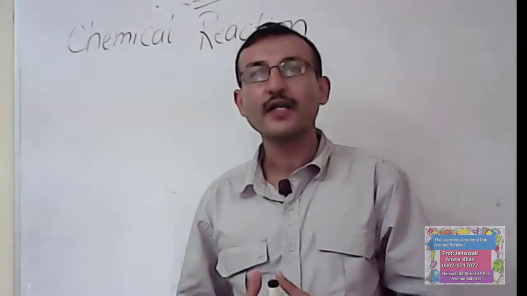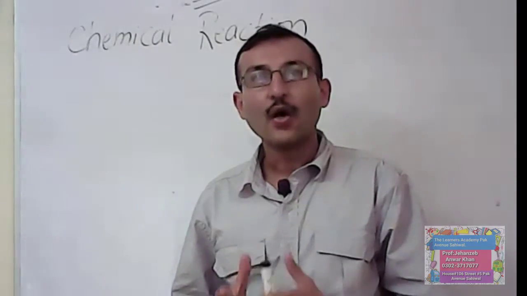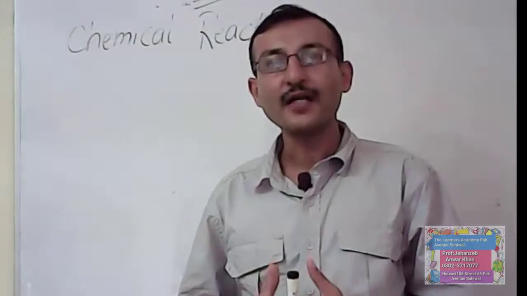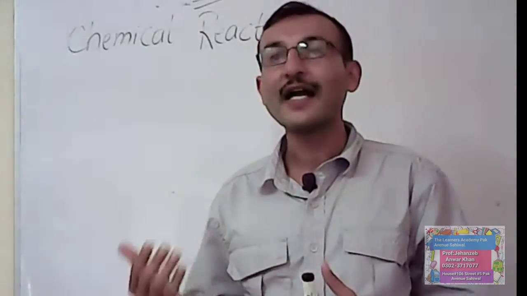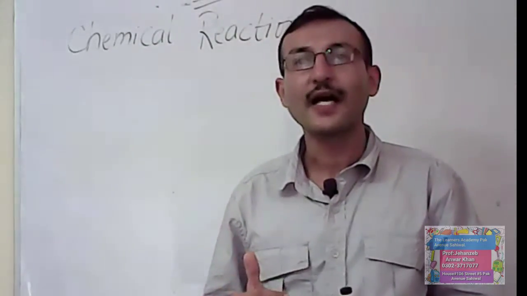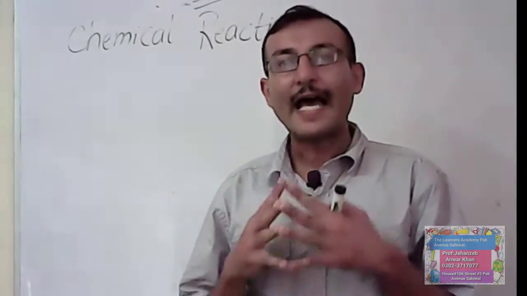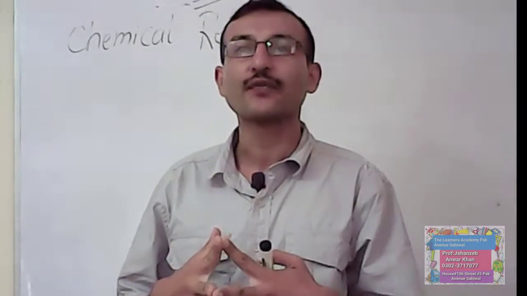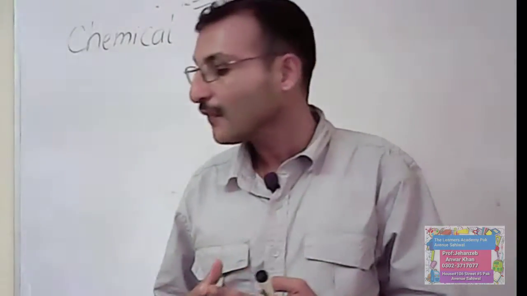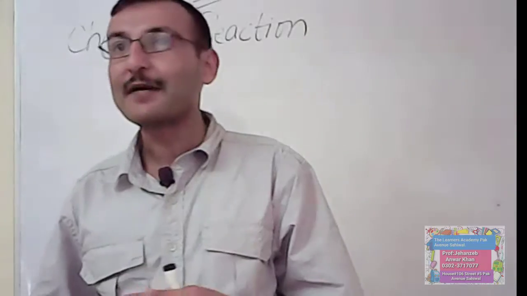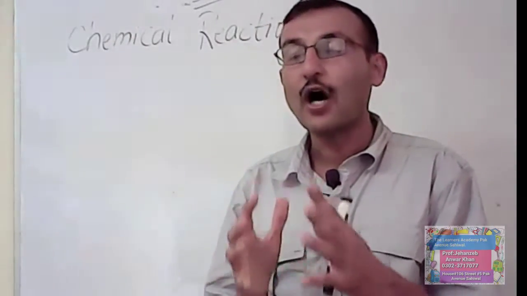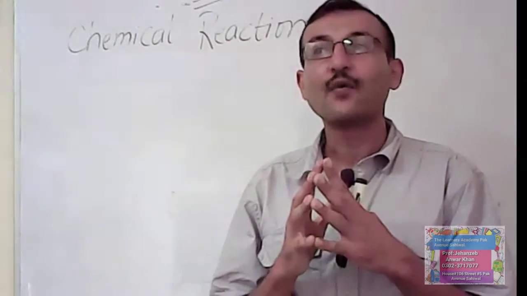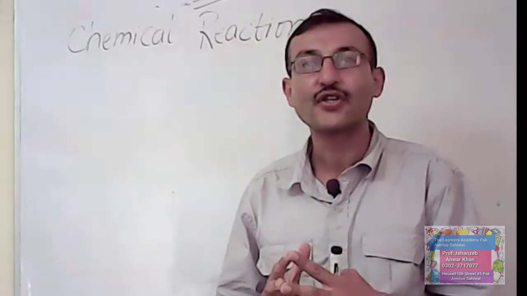The reactants are written on the left hand side with a plus sign between them. Similarly, products are written on the right hand side with a plus sign between them. The arrowhead points towards the products and shows the direction of the reaction. So basically, this concept comes up: how can we write a chemical equation according to the chemical reaction?